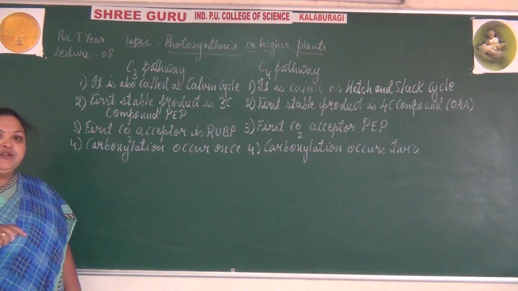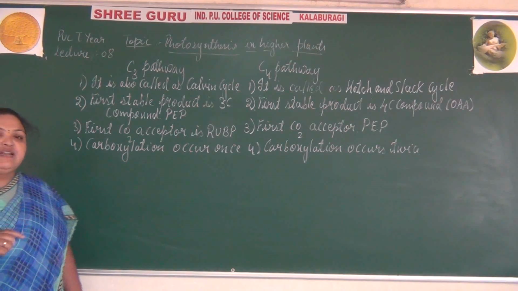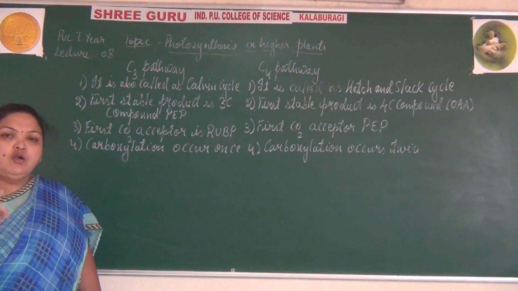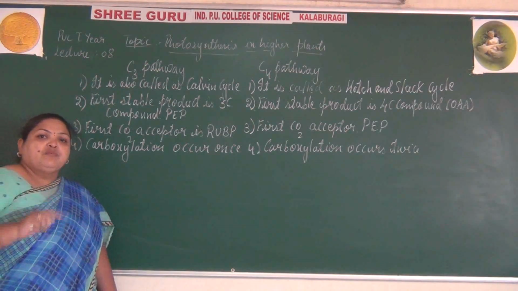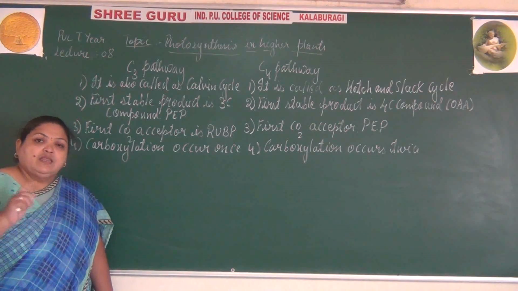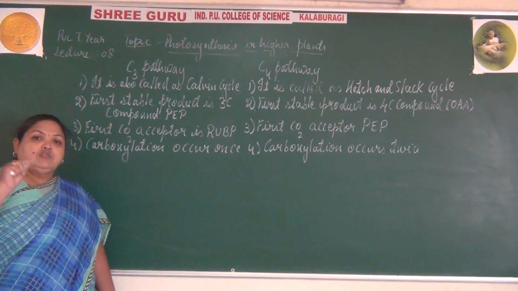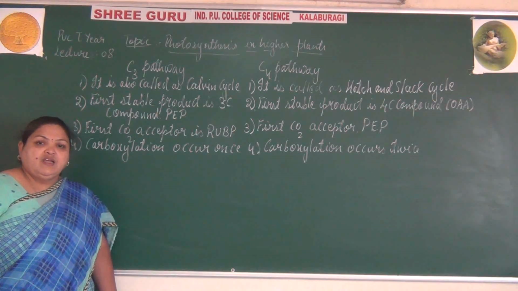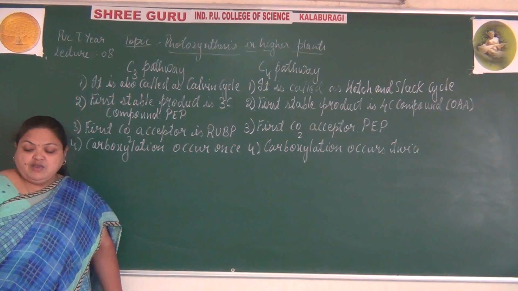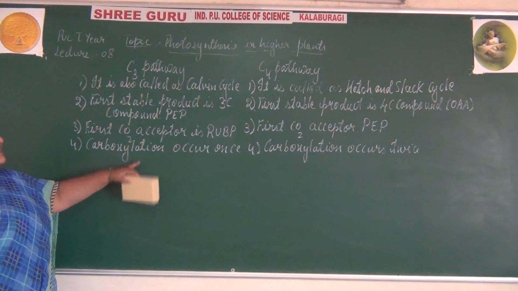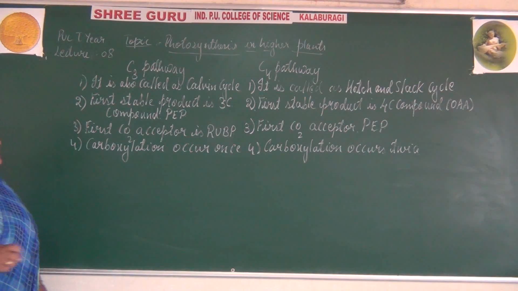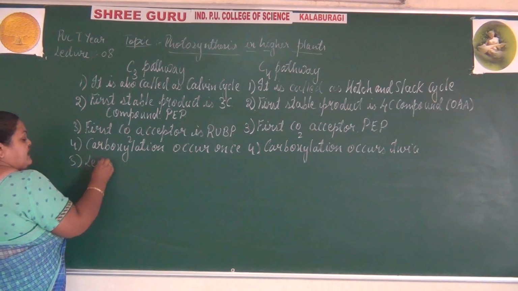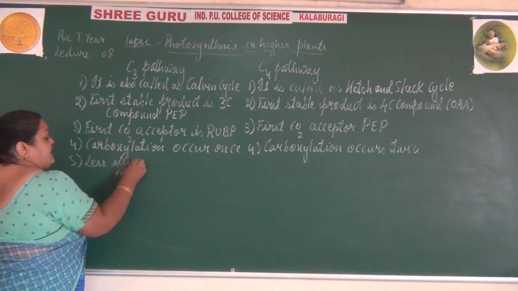A special type of anatomy is found in C4 plants, that is the Kranz anatomy. This Kranz anatomy shows dimorphism of the chloroplasts, where there are mesophyll cells and bundle sheath cells. The bundle sheath cells are larger. So this process occurs in two cells. Two cells are involved in the C4 cycle. And moreover, there is fixation of carbon dioxide. In that process, the C3 cycle is less efficient.